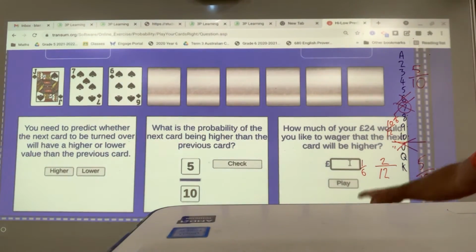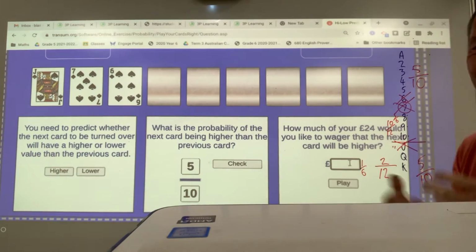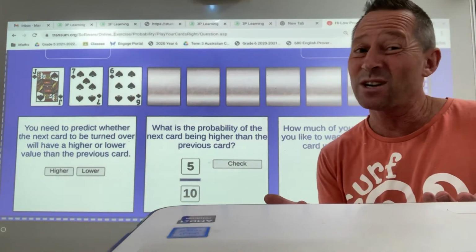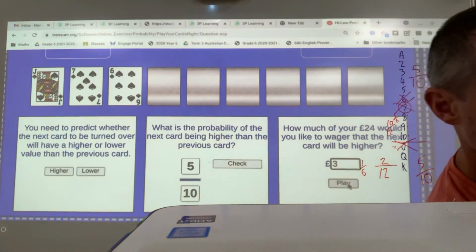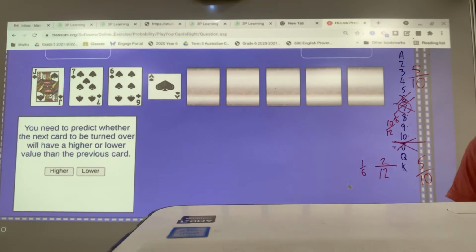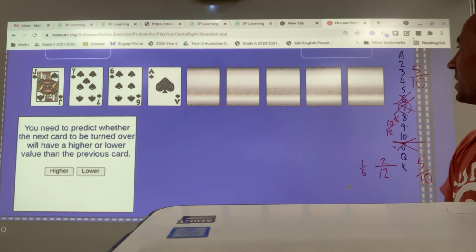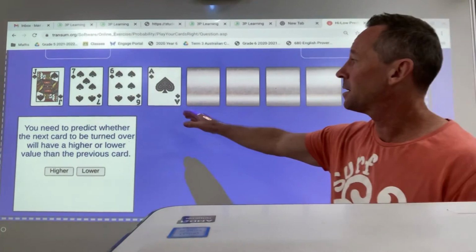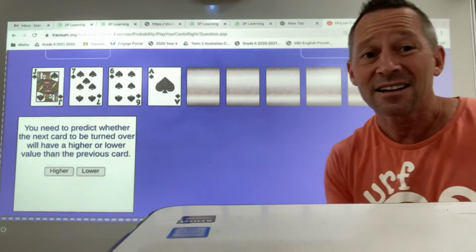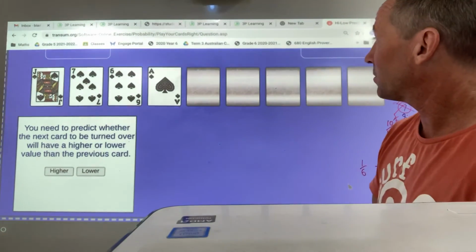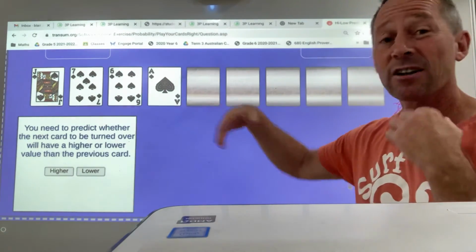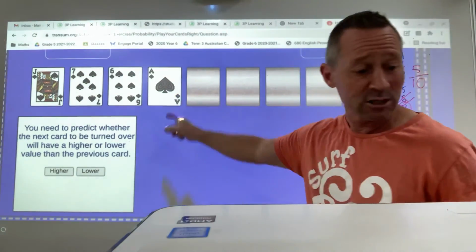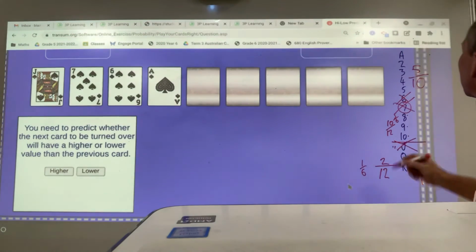I have £24 to play with. I'm not so sure. It's a big risk. So I'm just going to go with maybe 3. Playing it safe. Oh, it's lower. And if I had put a lot of my points, I would have lost them. So in this case, I've only lost 3. Now, because this one is an ace,